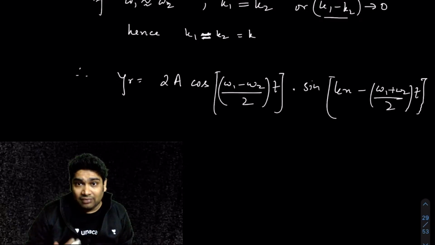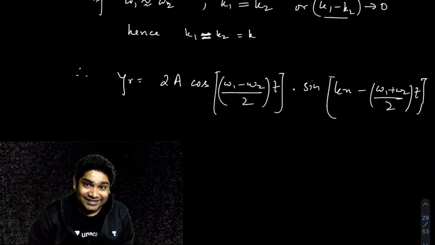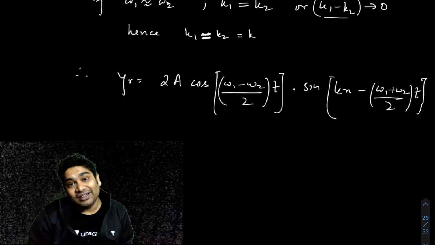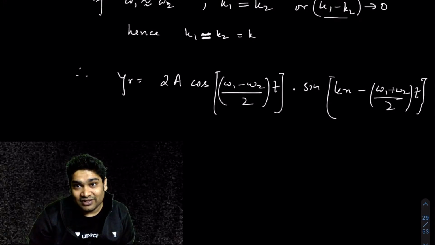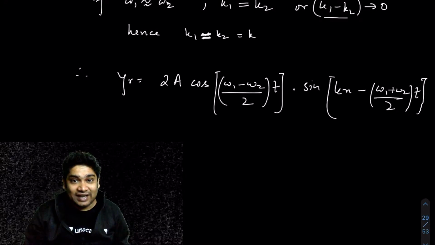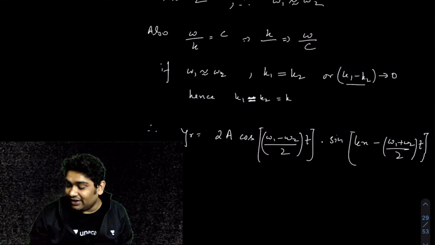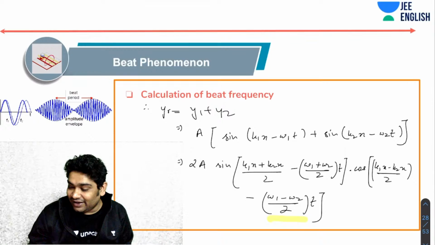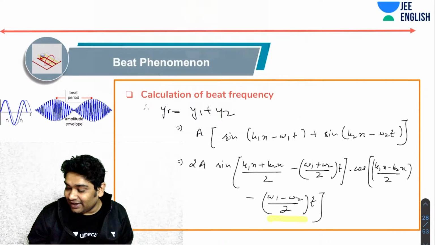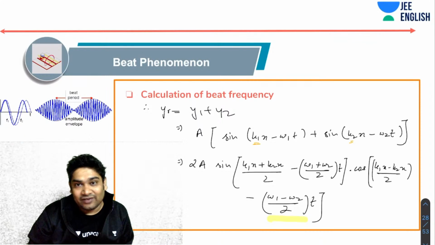Okay, now I don't know if you ever wondered, if the omegas are different, the k's should have been different, right? It cannot happen that the frequency is different but the wavelength is the same, because the two waves are traveling in air, so they have to have the same speed. But in your equations and books, they write it like this. So they treat the k's to be the same. They never take k1 and k2. They simply take this as k: kx minus omega 1 t and kx minus omega 2 t, which is wrong.